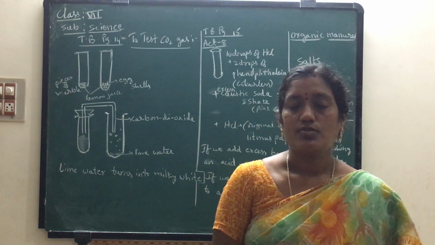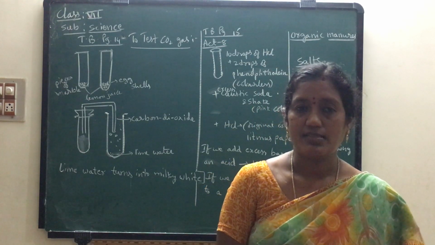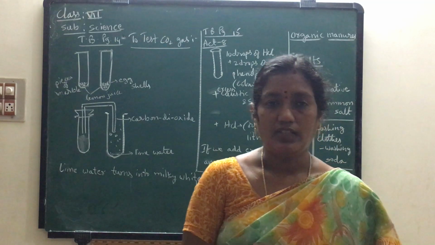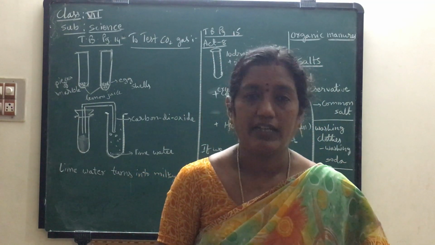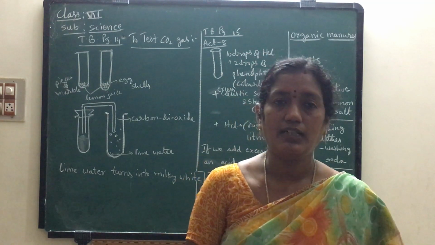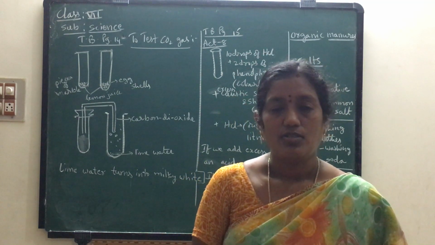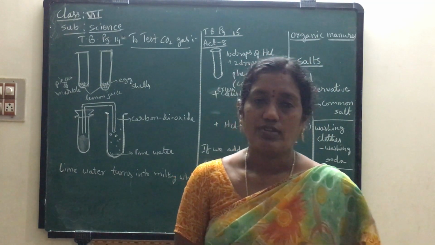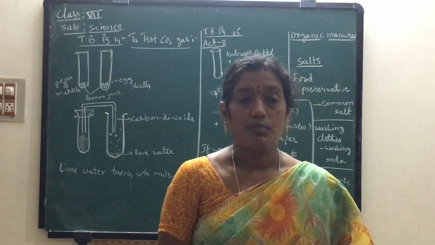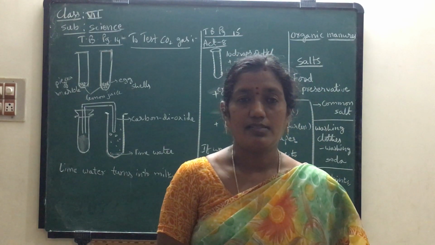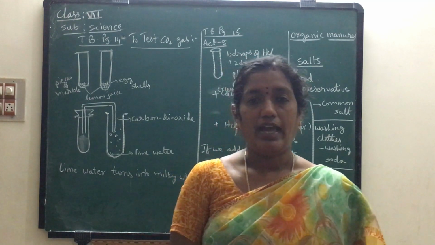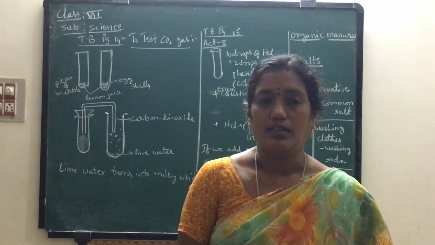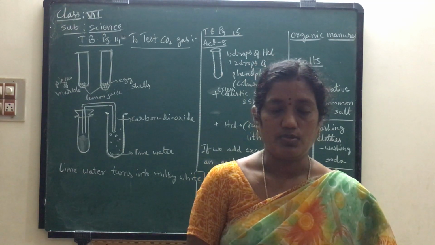Okay children, so keep it undisturbed for a certain time. In the first test tube there are lemon juice and marble chips, and in the second test tube lemon juice and eggshells. So keep it undisturbed. After a certain time we will observe some amount of gas releasing from the test tubes because some chemical reactions take place in the two test tubes.